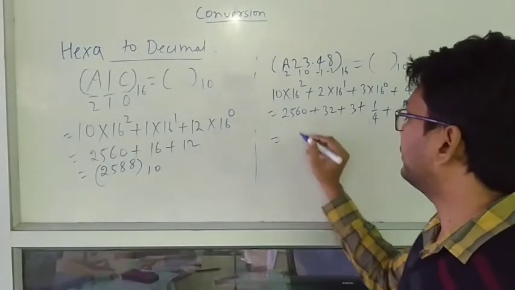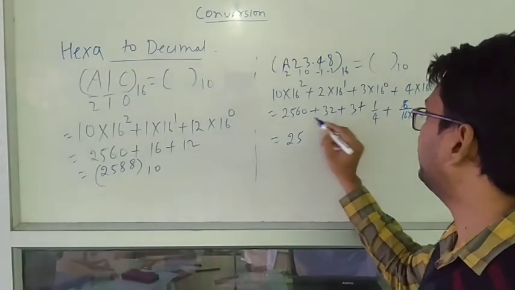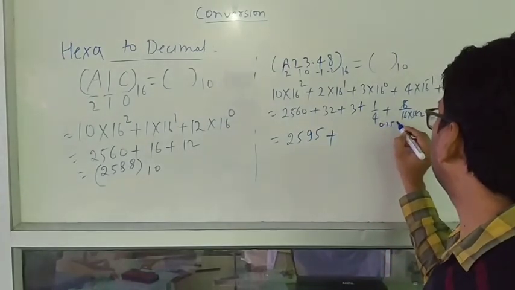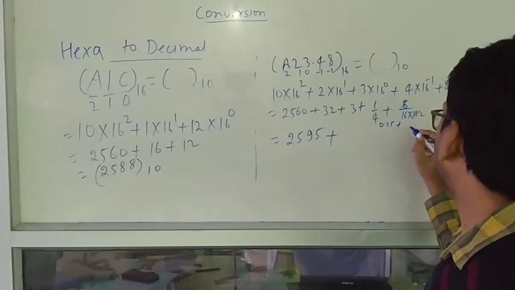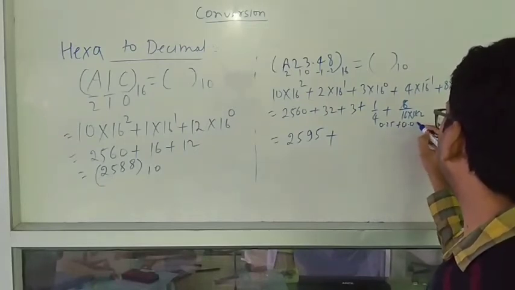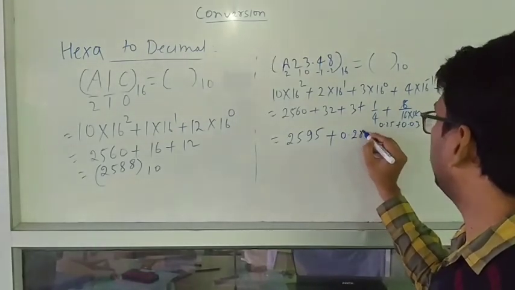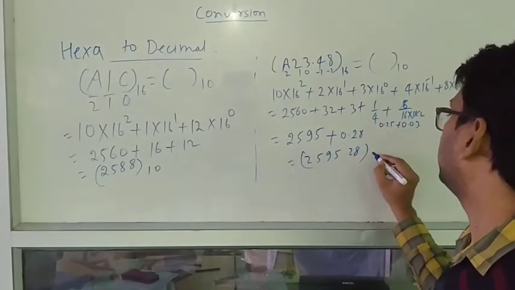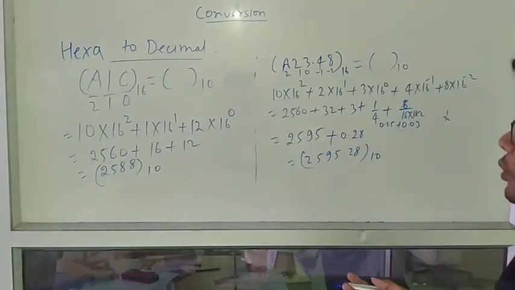which is 1 upon 32. So if you want to convert it, this value will be 2560 plus 35, it means 2595, then plus here it is 0.25 and here it is 1 upon 32, it means 0.03. It means the fractional part will be 0.28, or we can say 2595.28. This will be in the decimal form. So easily we can convert. How can we easily convert hexadecimal notation to the decimal one?